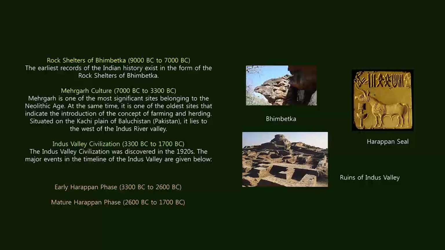So, patronization and hence chronology in the larger sense of the term appears to be very important in shaping the art of a certain period. And if we look at the beginning of Indian chronology, we can safely say that let us begin the Indian art chronology not from the Indus Valley civilization, but from the rock shelters of Bhimbetka, which has been dated safely between 9000 and 7000 BC.